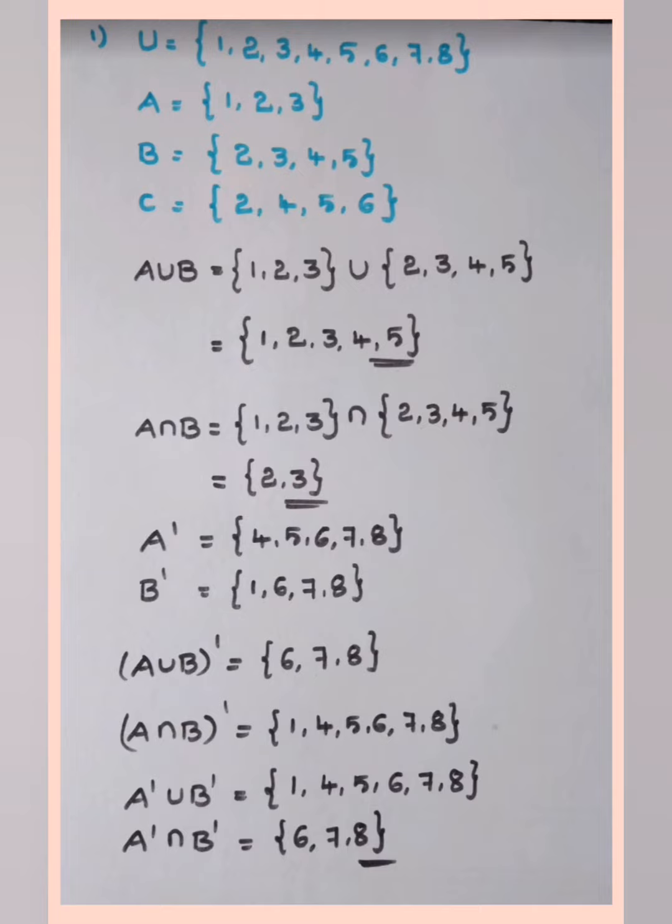If you want to find A dash union B dash, we have to consider these two sets, combine the elements and write 1, 4, 5, 6, 7, 8. So that is A dash union B dash. If it is A dash intersection B dash, we have to look for the common elements in both. 6 is common, 7 is common and 8 is common in both. Writing that,